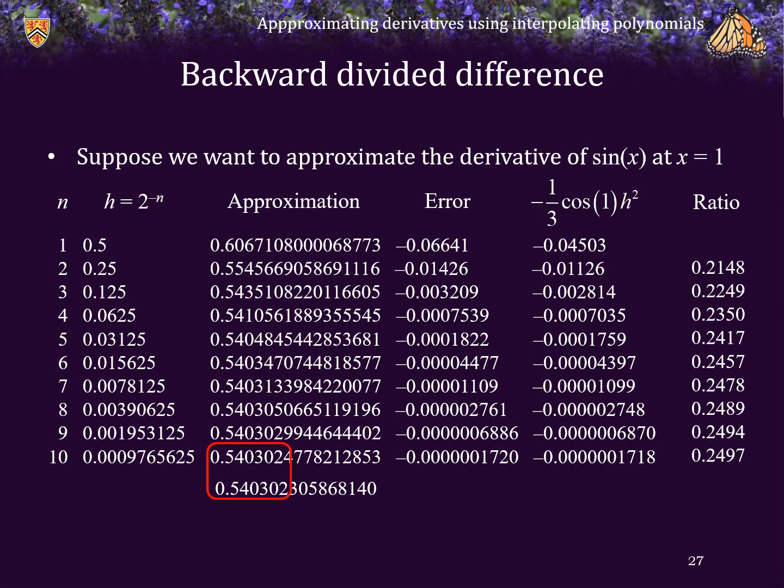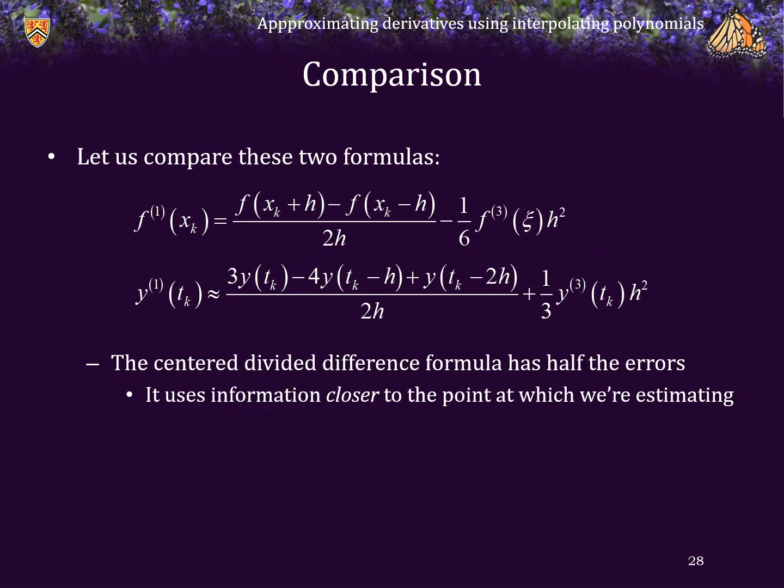So this formula is pretty close to the previous formula. The only difference is the error term. Notice that the error term in the centered divided difference approximation is a sixth times the third derivative, whereas in the backwards divided difference formula, the error is 1/3 the third derivative. So the error is about twice as large for the second formula. And again, just to reiterate,